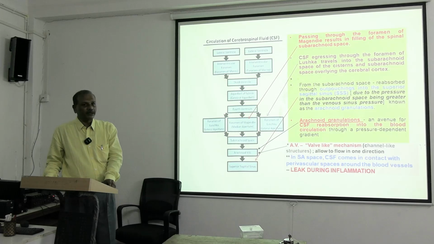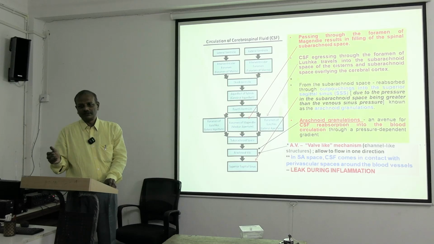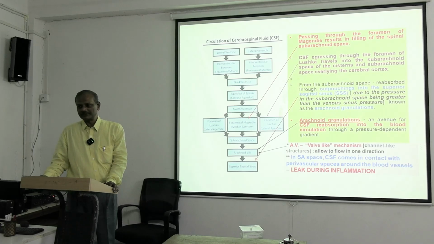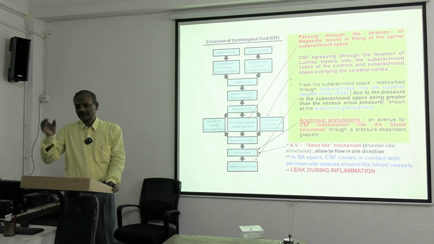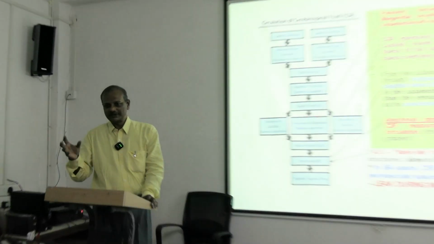Why? Because in brain tumors, these narrow ducts will be obstructed. So there will be some obstruction to the flow of CSF, and that will cause headache and other symptoms. You have seen that small tract through which the fluid is coming. If there is a tumor, that area will be blocked basically, or there may not be any production.